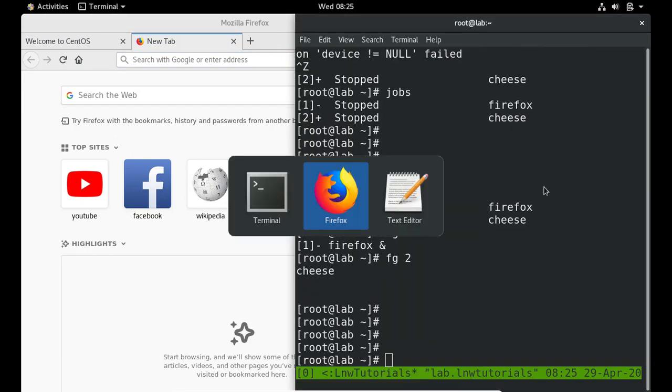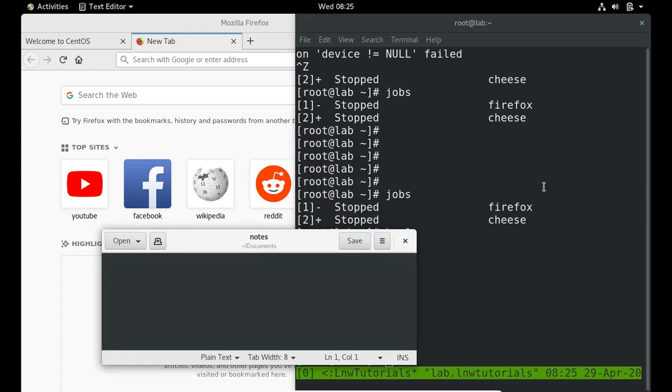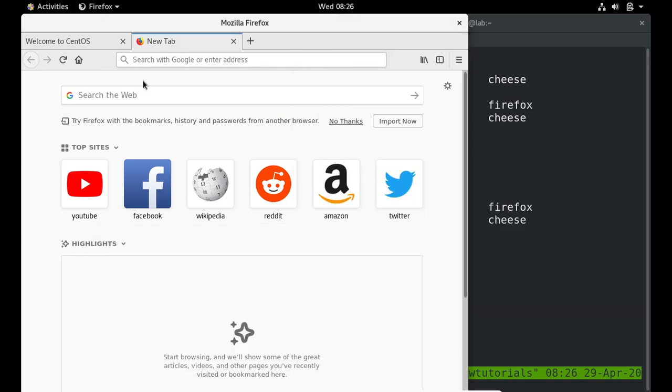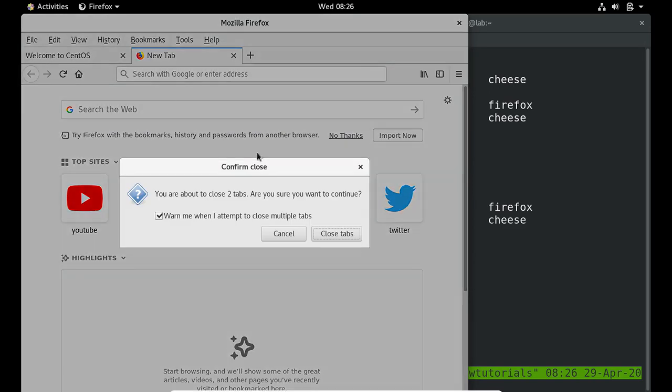So this is bg, for background, and fg, for foreground, and what I did was Control Z. Now I'm closing the Firefox this time.